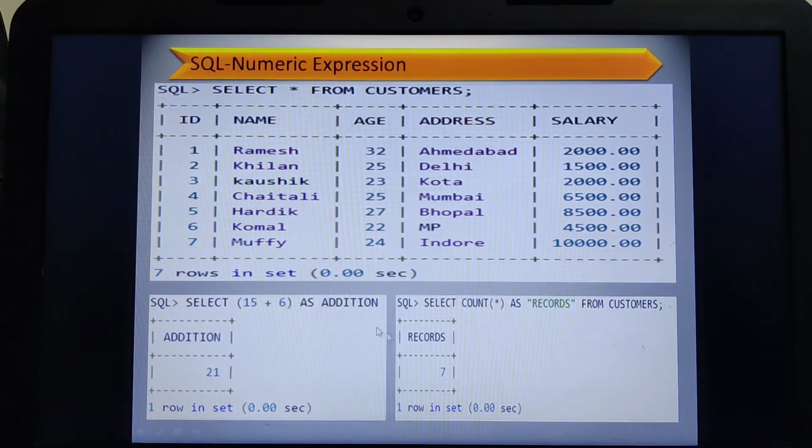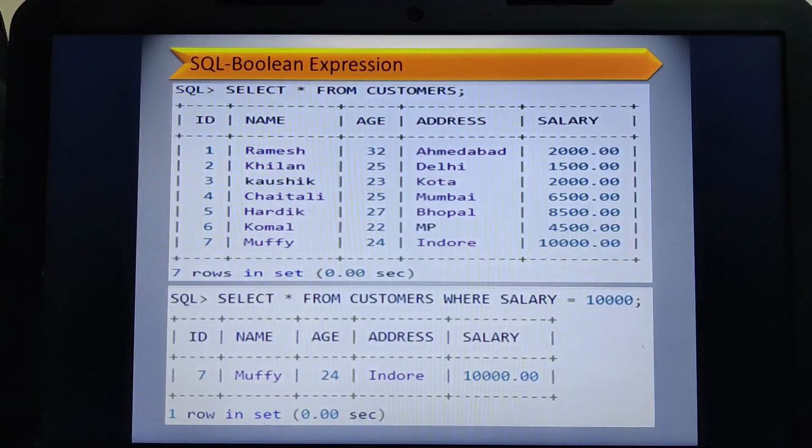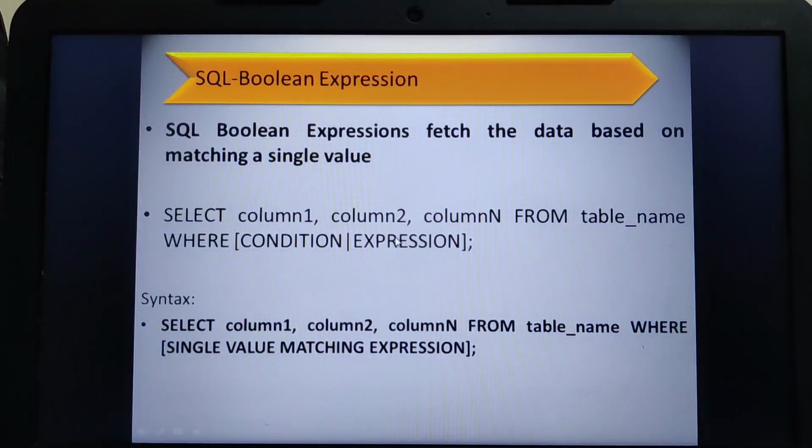Now before I start with this, we should be perfect with this syntax, how I have to use it. Mostly in very few cases we use the numeric expression, but we extensively use the Boolean expression, where you should be thorough with this syntax.